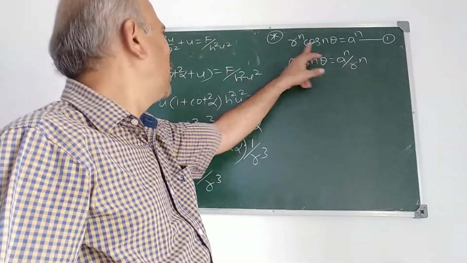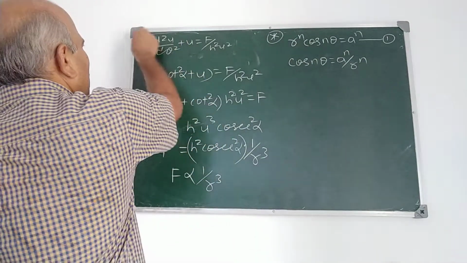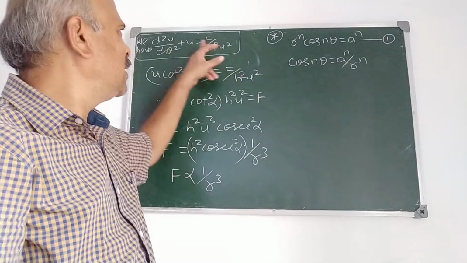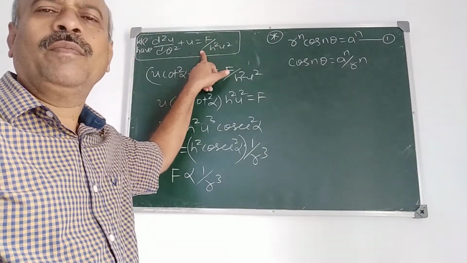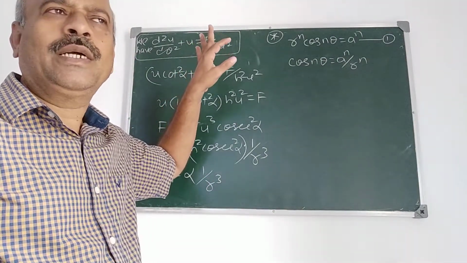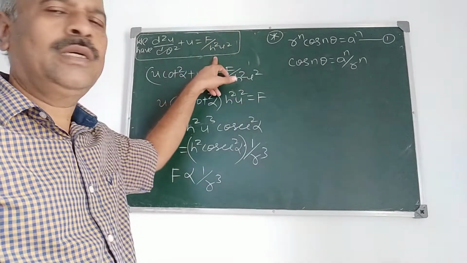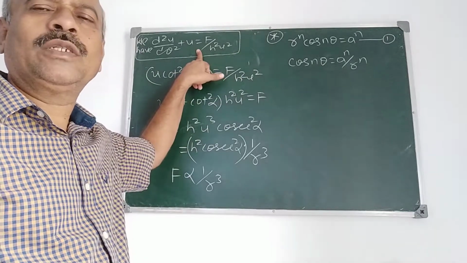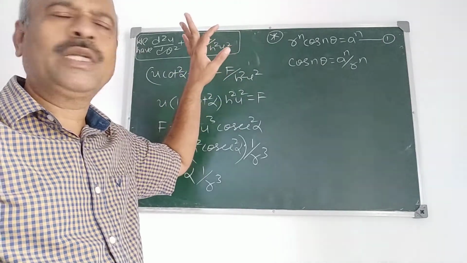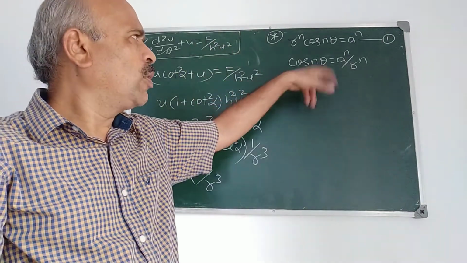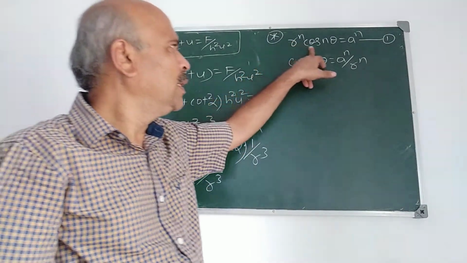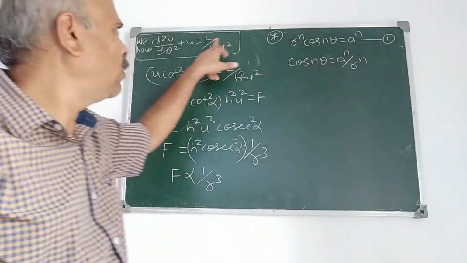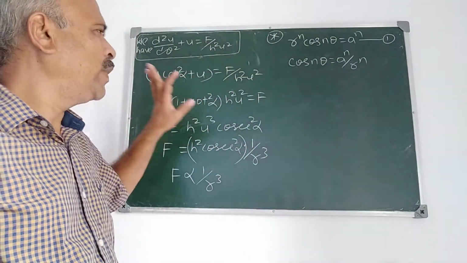Equation is given in polar form and we have to use this equation. What is this? Differential equation of the central orbit in the polar form. Derivation is very important. I explained in the beginning of this topic, central orbits, how to derive the differential equation of the central orbit. That topic is very important. Now the problems, first type of problems. Here the curve is given in the polar form. You have to find the law of force. Law of force means F you have to find out.